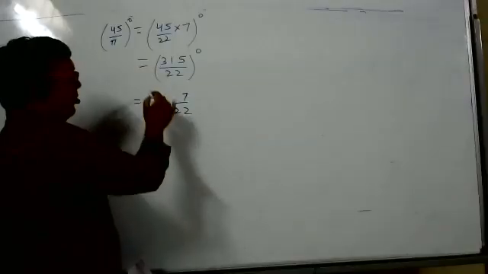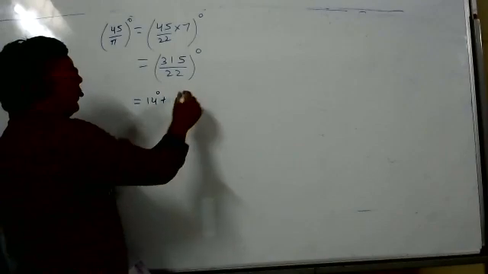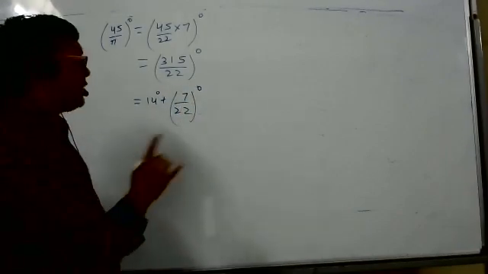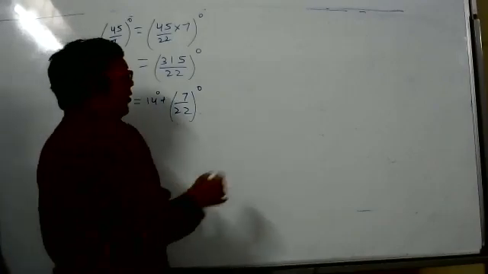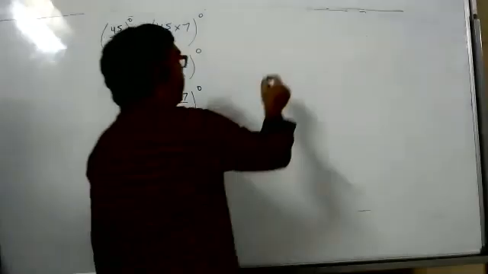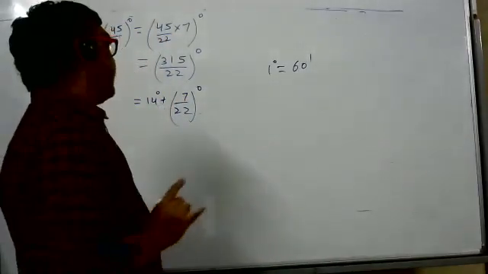So now please ask me. I will teach again if you say 14 degree. Now this work is over for 14 degree. Here the only problem is the fractional part, which is also degree, but I will change it into minutes. How to change into minutes in rough work? What is the relation between minute and degree? 1 degree is equal to how many minutes? Minute means 60, not the watch minute. So this is different. Angle 1 degree is equal to 60 minutes.